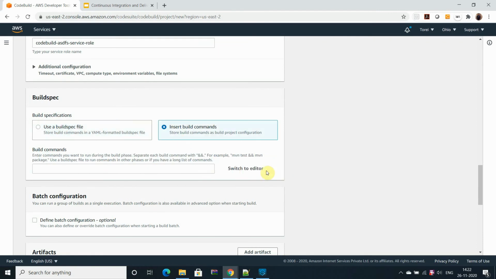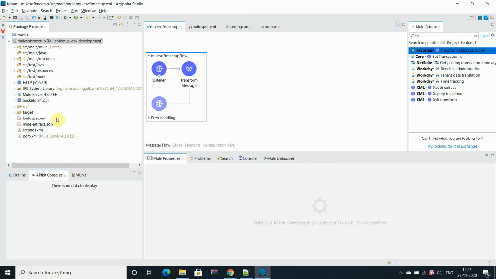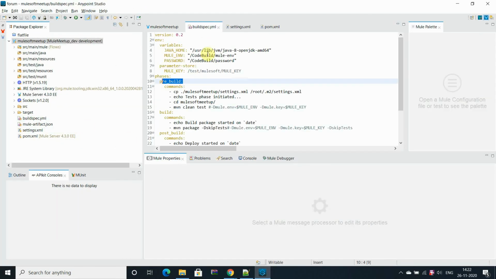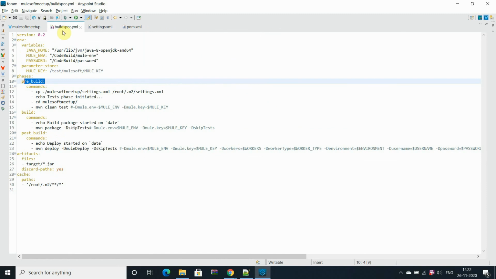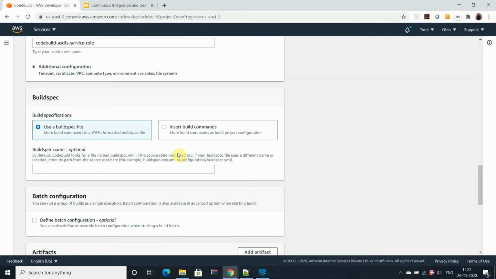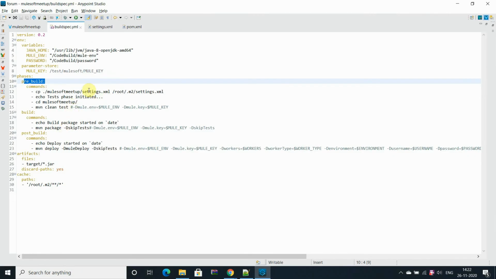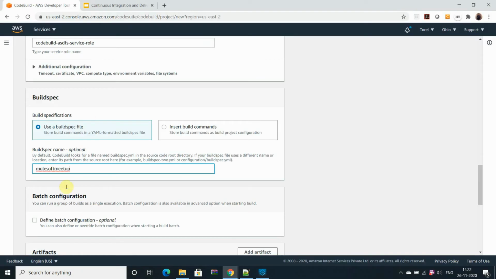And this is the build spec. Either you can write down the build spec, or you can use the file associated with your project. You can see that I have already associated my build spec YML file with the project, so I can assign my build spec from here itself. You can copy this: go to the repository, then the project name and the build spec YML. Then you can perform the operation.